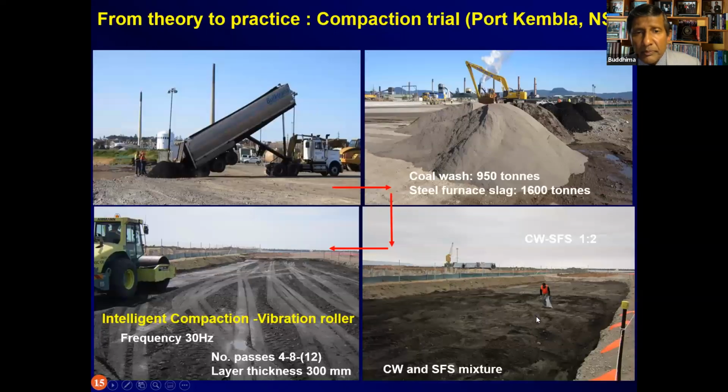So this is a typical application in the extension of the Port Kembla harbour in Australia, close to the city of Wollongong. And I was involved in this project. And you can see that coal wash and steel slag is brought to the site at Port Kembla. You can see the black coal wash, the light gray steel furnace slag, and then they are mixed together on site and then spread into the area that needs to be reclaimed and then compacted with an